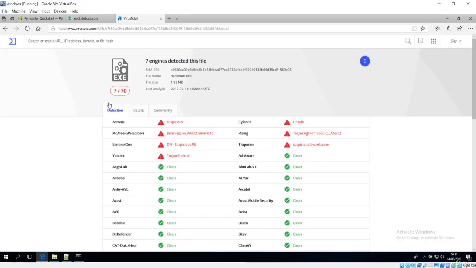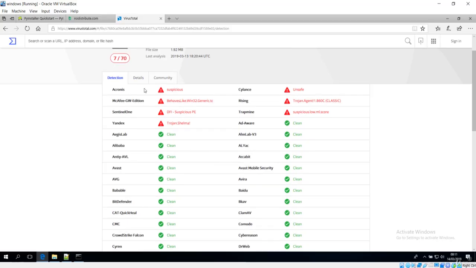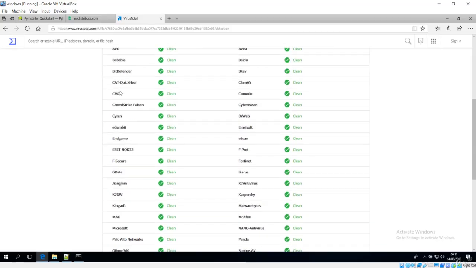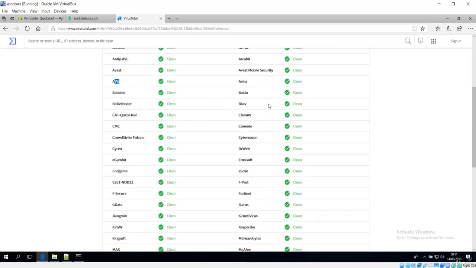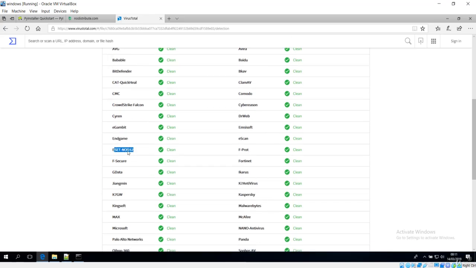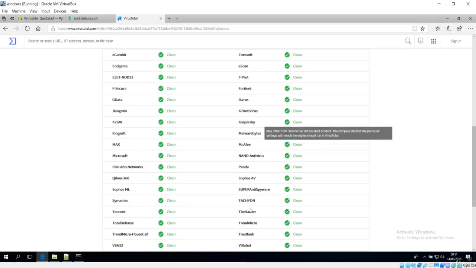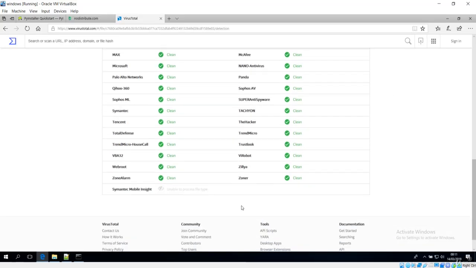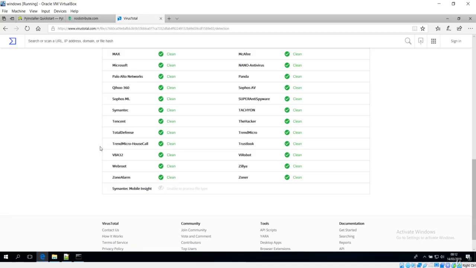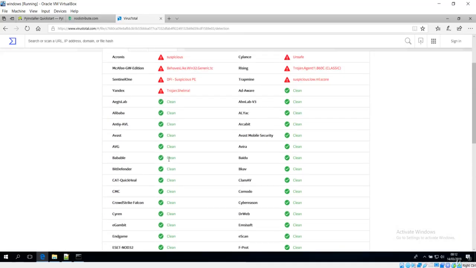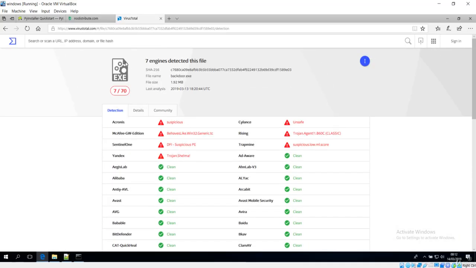So I have already installed this backdoor that we have created, which is over here, and you can see that many applications like AVG, Defendable, Avira, Avast, and maybe Kaspersky and NOD32 have said that this is clean. You can also see Kaspersky over here, and every one of these top antiviruses has given us a clean sheet that this is not a backdoor, or basically not a virus. It won't affect your system.